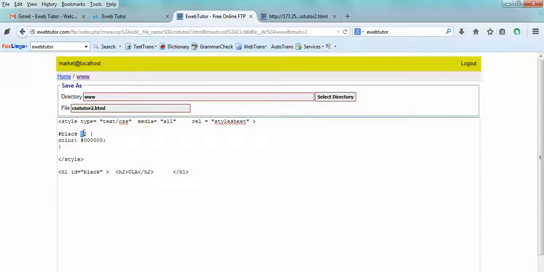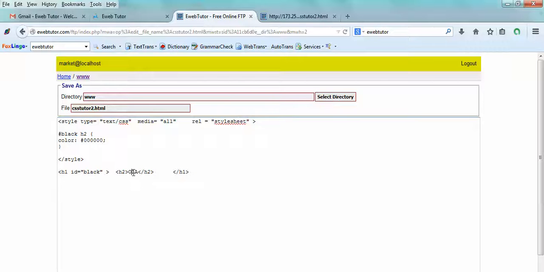So right now, with h2, before this property will be given to Ola, Ola must have an h2 tag surrounding it, and that h2 must be surrounded with another tag that has the attribute ID